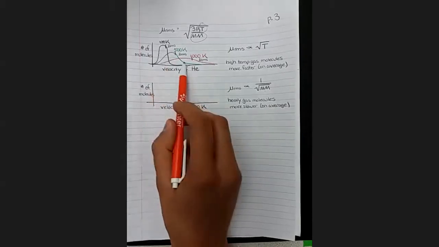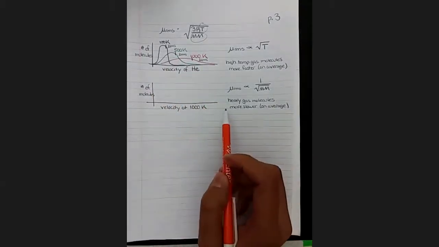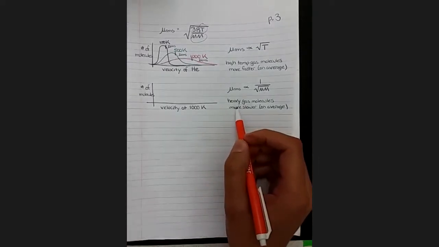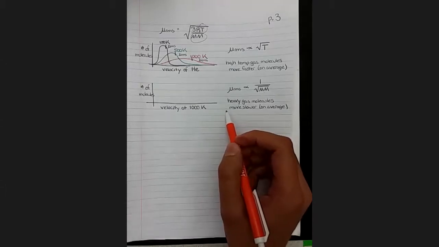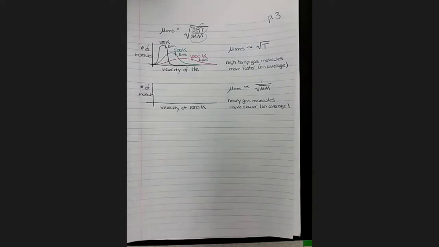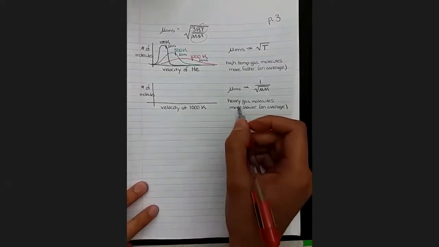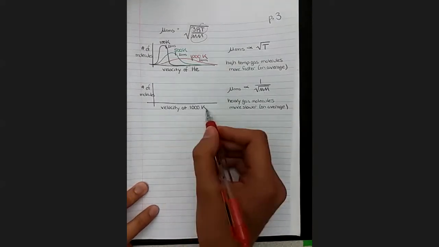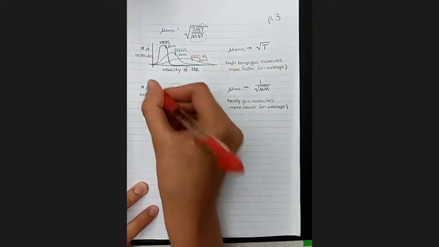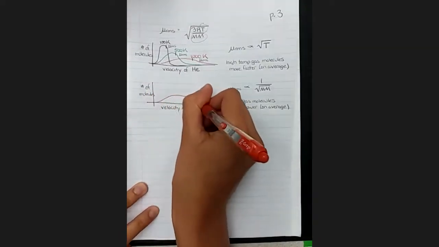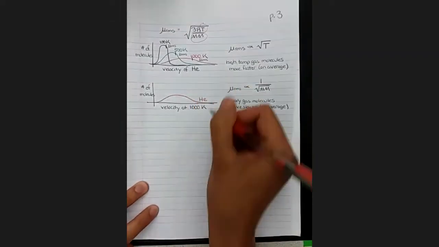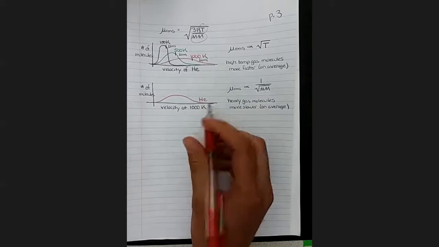So which one of these shapes is going to match a very light gas? If we have a very light gas, would you think that the particles would be moving more quickly or more slowly? Is it more like the person or the elephant? If you have a light gas molecule, it's going to be moving more quickly. So it's going to be more at higher velocity. So it's going to look like this wide one that we drew up here. Very low and very wide. So that could be for helium, a very lightweight gas.